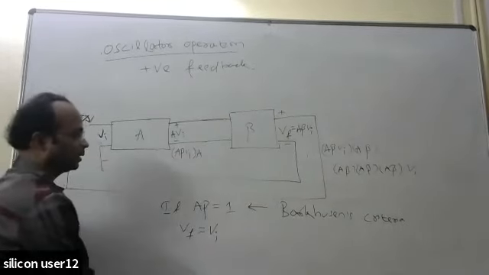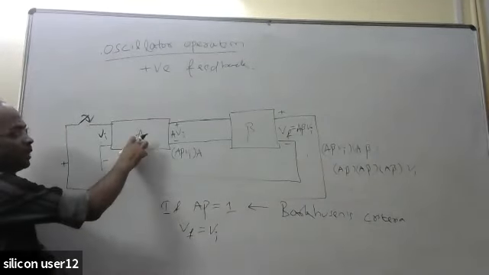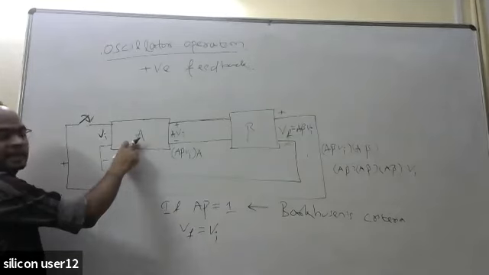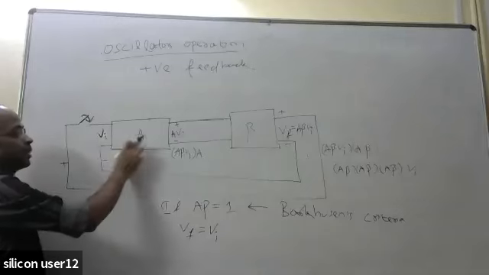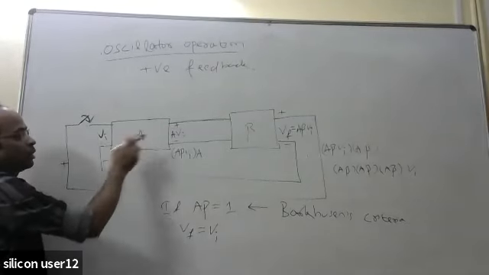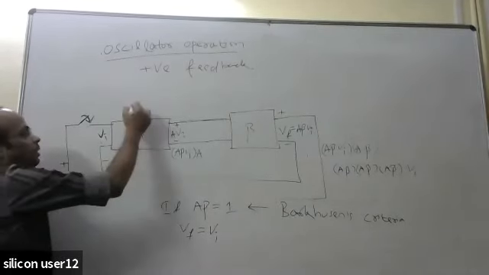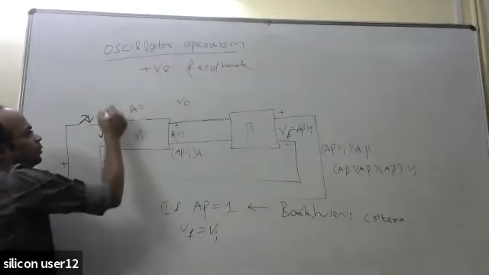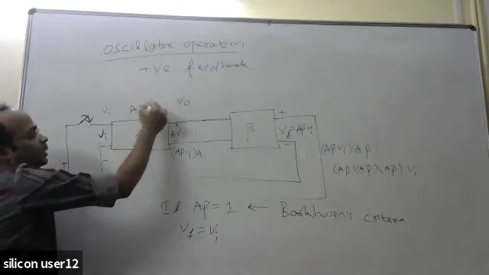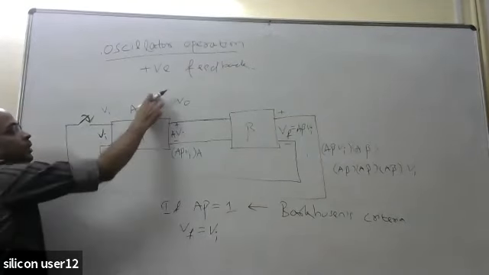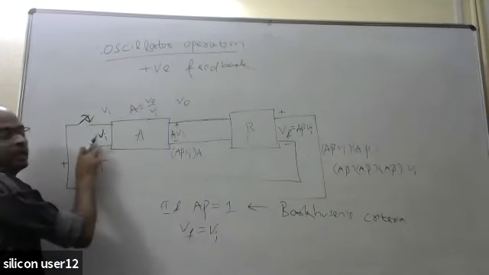Sir, how does this A beta factor get multiplied? Here we have an amplifier. Input. A means what? It's gain. Gain means output by input. This output by input is given by A. So that means output equals input into A. Suppose this one is V0, this one is Vi. Input is Vi, this is its gain, this is the output. So A means V0 by Vi, and V0 equals A into Vi. That means its output equals A into this input.